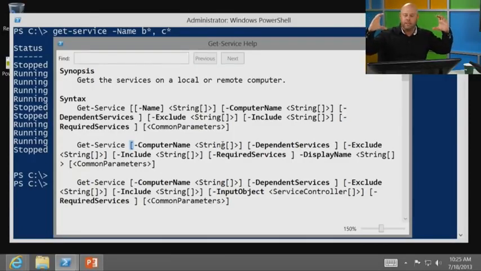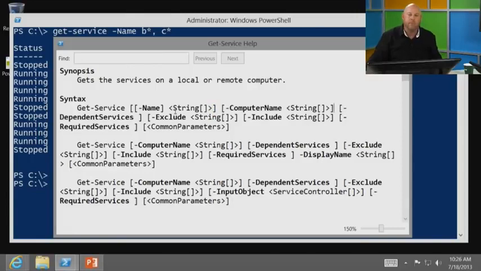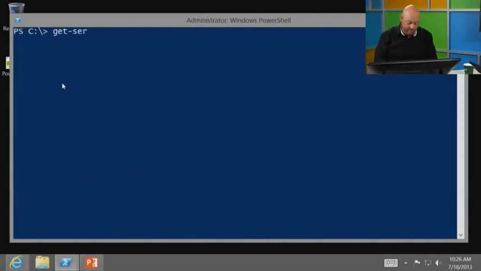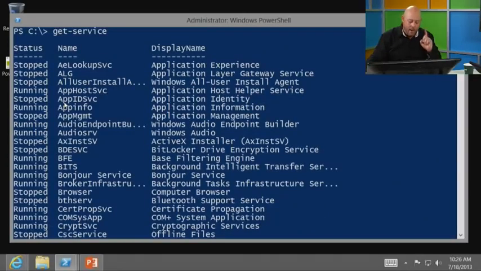A great example is take a look at this first syntax, this syntax up here. Notice that everything has these around it, which means that there's nothing actually required that I type in. Notice I've got them around here, got them around here, and every single one of them, optional. That means all I have to do is type get service, and it gives me a whole list. In other words, no parameters were required. But